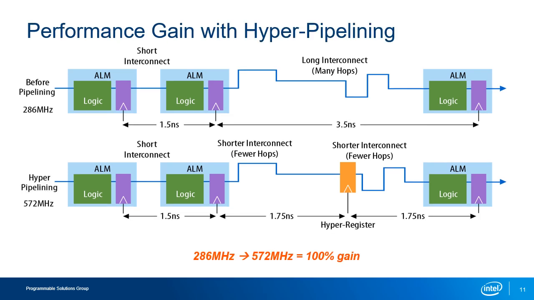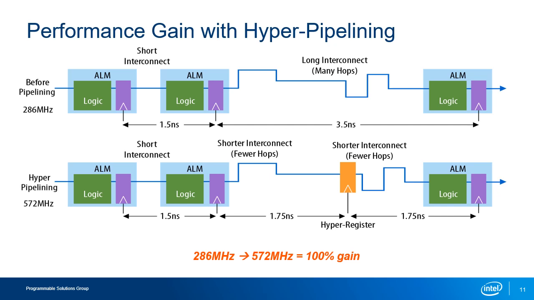Since there are hyperregisters all along the path between the two registers, the hyper-retimer can find the exact location necessary to cut the 3.5 nanoseconds delay in half. So our maximum performance is now based on 1.75 nanosecond delay, or 572 megahertz, twice the frequency of the original